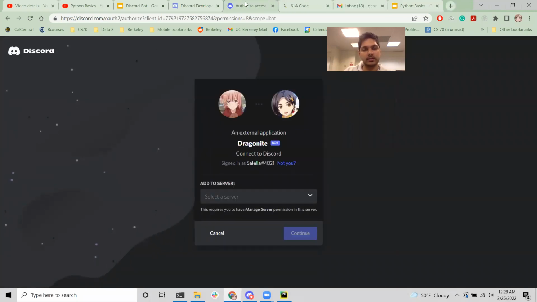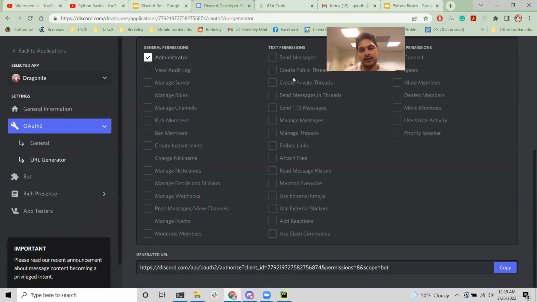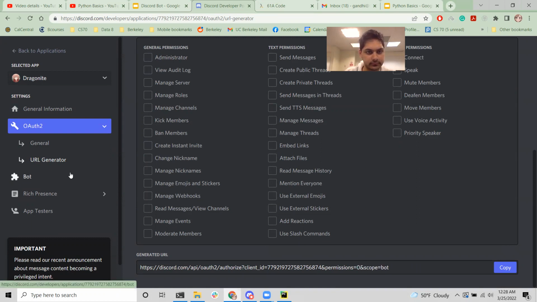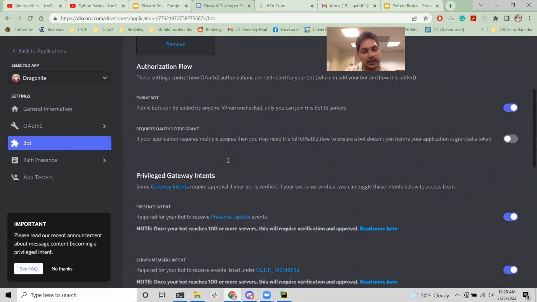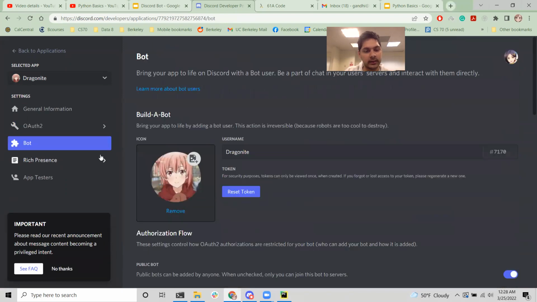This is basically the invite link to invite your bot to the server that you're beta testing your bot on. But maybe if you don't want administrator, just manually click what permissions you want your bot to have access to. That's the start. Now you have your bot existing, and you've invited it, but it doesn't do anything. So now we have to actually make code to get it up and working and get online essentially.